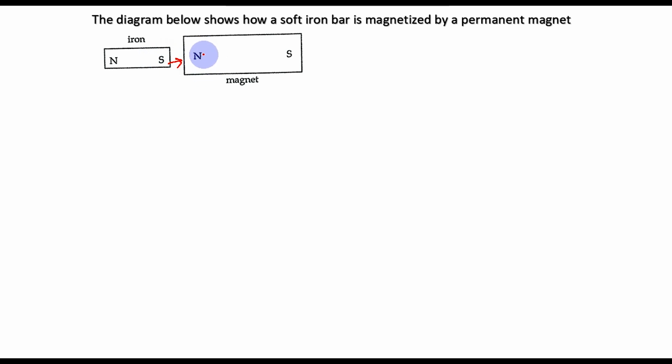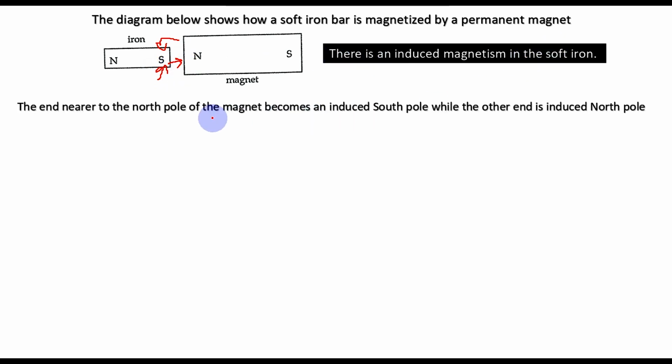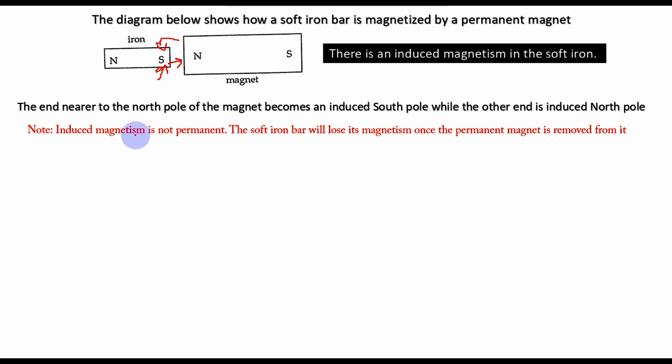So if it's a north pole which is attracting this iron bar, then that end which is being attracted for the iron bar will get an opposite pole to that. In this case, it is the north pole. No wonder you're seeing the south pole on that iron bar. So there's an induced magnetism in that. The end nearer to the north pole will become an induced south pole. Okay, so it is getting an opposite pole, because if it gets the same pole, it means it cannot be attracted. It has to be repelled. All right. So you have to make sure you remember in your mind all the times that